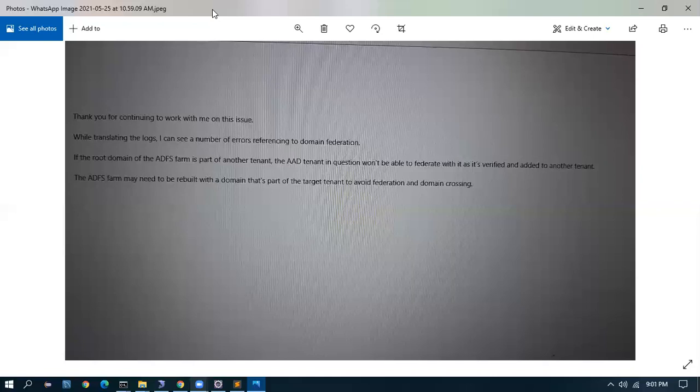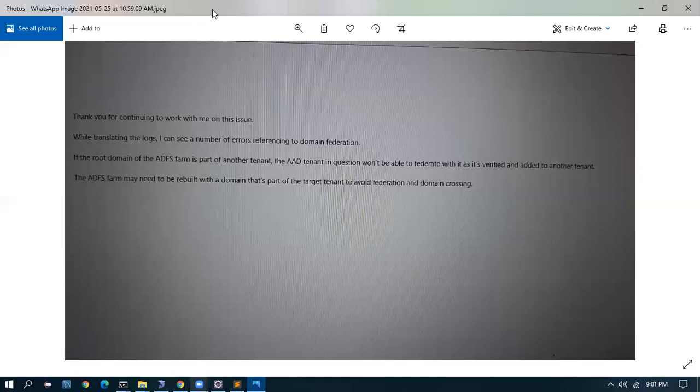To solve this, they are saying the ADFS farm server may need to be rebuilt with a domain that is part of the target tenant, which means the AAD tenant. That also needs to be given in the ADFS farm, and the server needs to be aware of this AAD tenant. Only then you'll be able to sync. So maybe you should contact the ADFS farm server team on what the tenant is and how to rebuild that ADFS server so that it is aware of the AAD tenant.